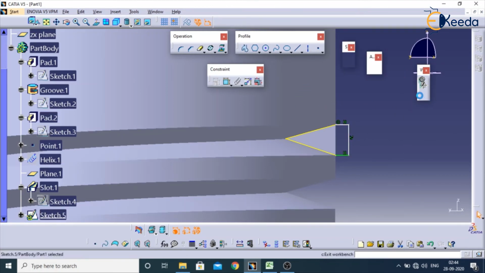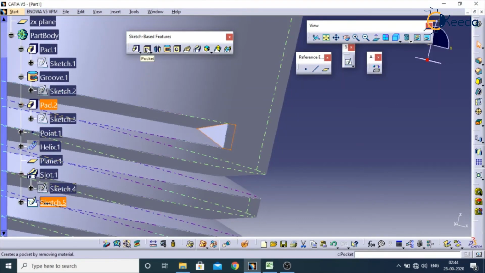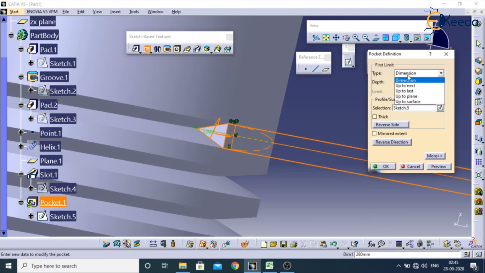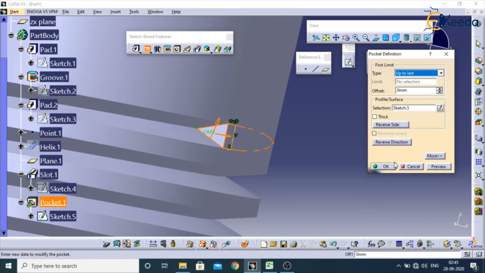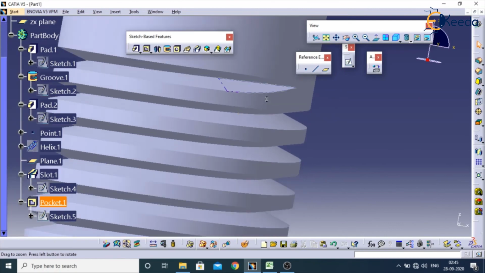Go for exit workbench. Here we will be using pocket. Select the pocket and it should be in reverse direction and it should be up to last, and apply OK. So it will remove the material till the end.